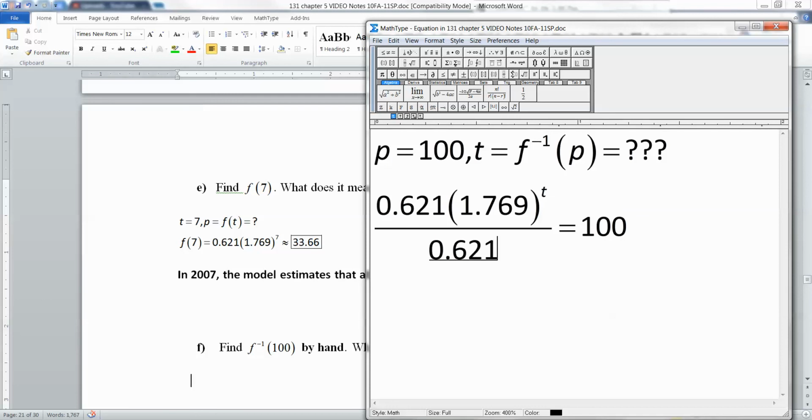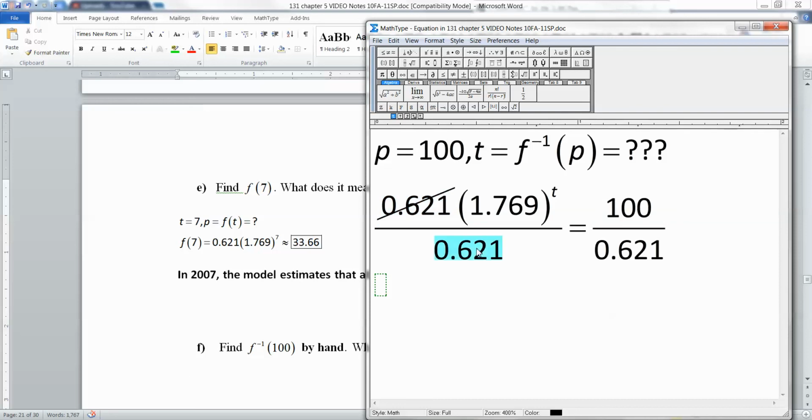But you can't do the logarithm part first until you've gotten rid of the 0.621. 0.621 is no good to you. So you put 0.621 in the denominator. This is going to cancel over here. Not cancel, divide. Divide by it, right? Okay, so you get 1.769 to the t is equal to roughly